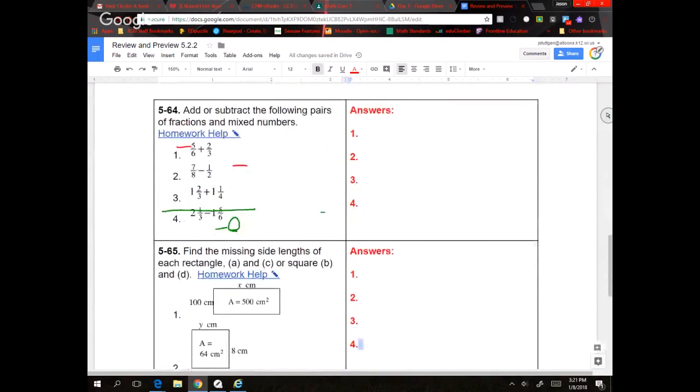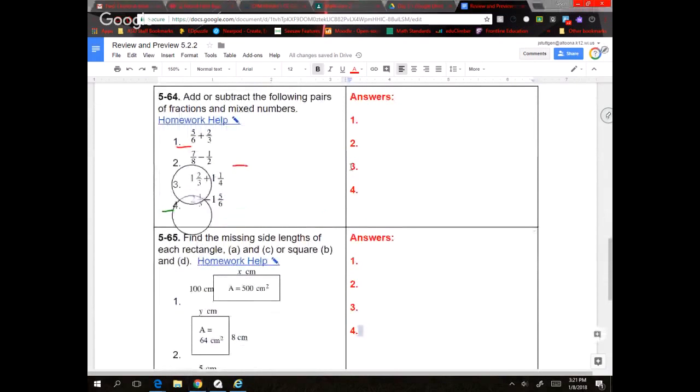Next one. Ooh, I gotta erase some of these lines on here. Adding and subtracting fractions. Again, I'm going to only go over 2 of these. I'm going to choose to do 2 and 3. And you have to use what I go over in 2 and 3 to figure out 1 and 4. So number 2,